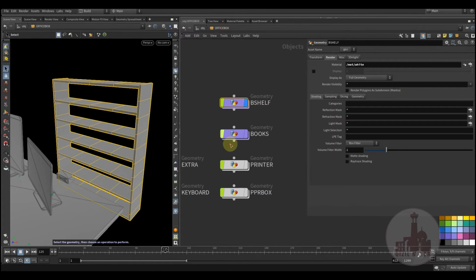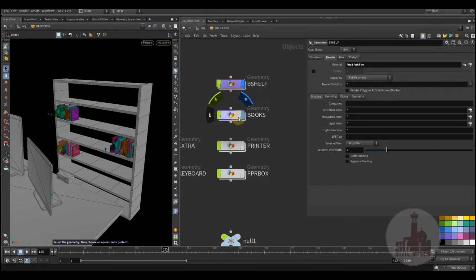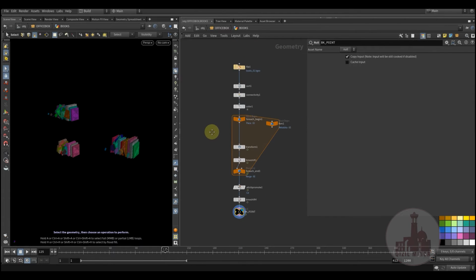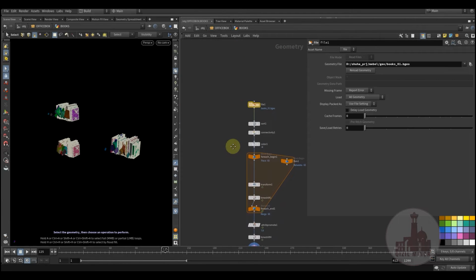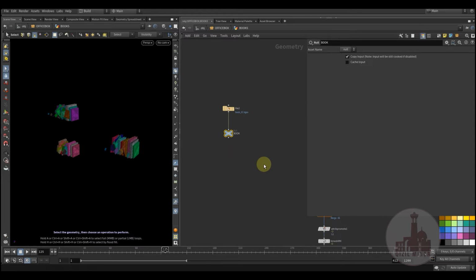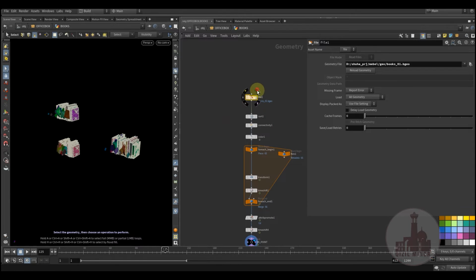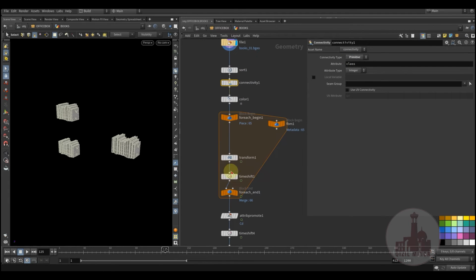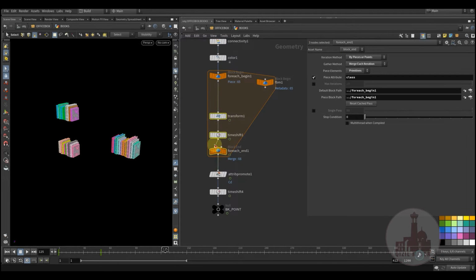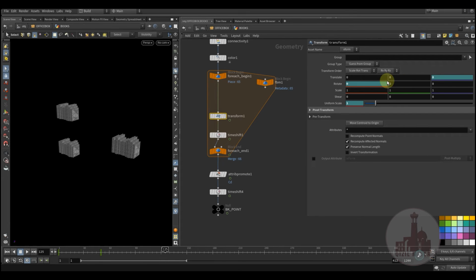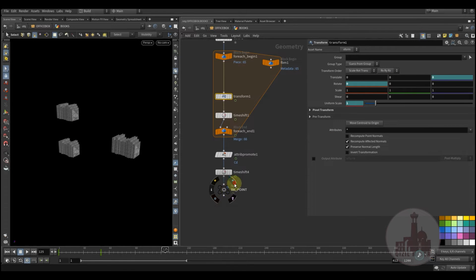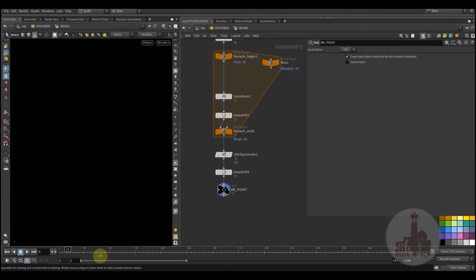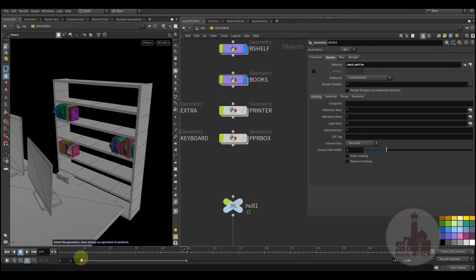Okay, then the books were the same. I had to manually create one book and then just replicate them by placing them onto the shelf, then using the class primitive attribute, the same method of animation, just global time shift, and let's see everything together,